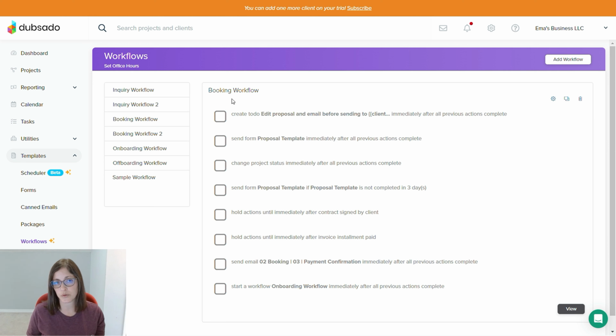So if you look at this booking workflow I have here, it says hold actions until immediately after invoice installment is paid. So if you have a payment processor like Stripe, Square, PayPal, those will feed the information to Dubsado. It tells Dubsado this payment has been processed in this amount. Dubsado will check versus the payment plan and be like, great, this action has been met, this criteria has been met, and we can continue. When you're using an alternate method of payment, you cannot do this check automatically, even if you're using something like Zapier. So you have to manually go into the invoice, apply the payment like we did earlier, and then Dubsado